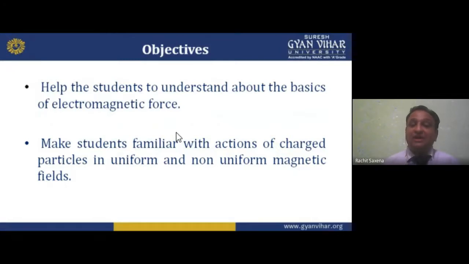of electromagnetic force. Electromagnetic force is due to interaction, we all know. But the basics involved in this, some inventions took place in ancient times. As I told you in my previous lecture, there is some history of the magnetic field, from 1300 BC. Now we are in 2021, right now in the pandemic situation.